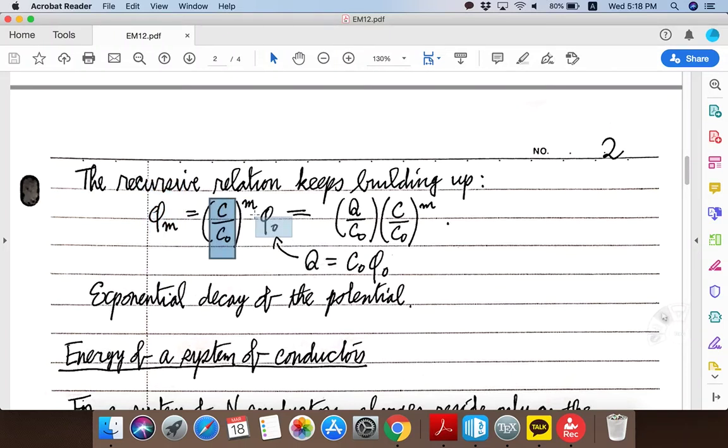Okay, and the only unknown parameter is the potential at the very first conductor. But this one, by definition of self-capacitance, can be thought of as given by this relation, namely that the charge on this conductor is equal to the self-capacitance multiplied by the potential